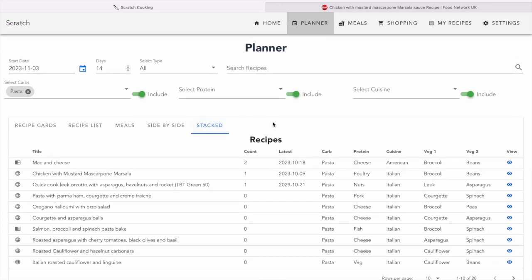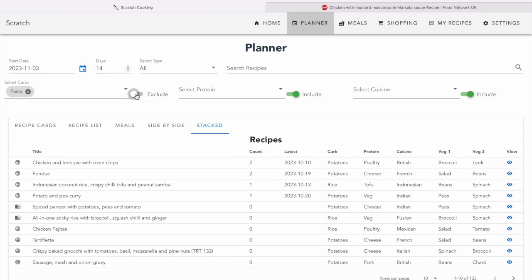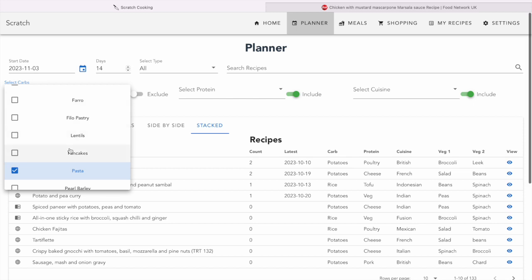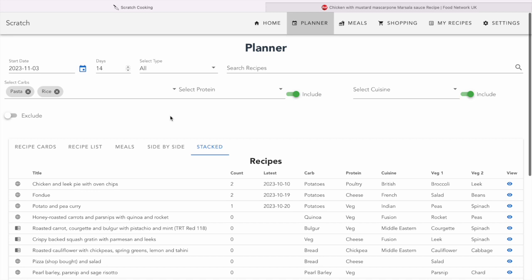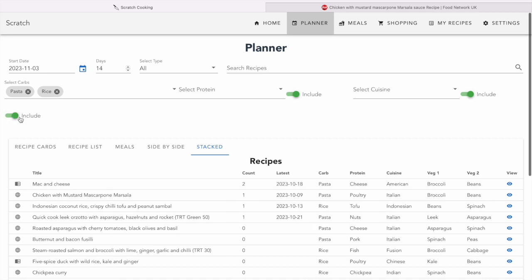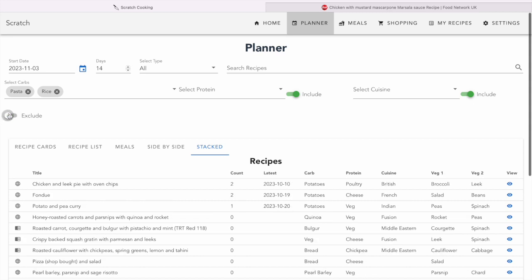It's worth spending a little bit more time on the selection at the top. I used this here earlier to find pasta dishes, but I can also exclude that item, and then it'll show me things that don't have pasta. I can exclude other things, so if I definitely don't want a rice dish, I can click rice, and then it's going to hide all the rice dishes. And include and exclude works both ways, so these are all the dishes that are either pasta or rice, or these ones are excluded. The reason we have these controls is to try and drive variety by picking different carbs,